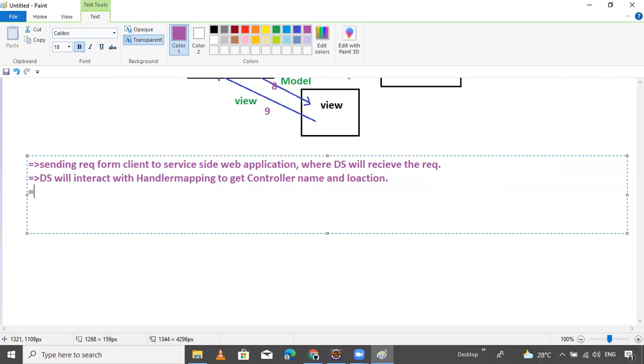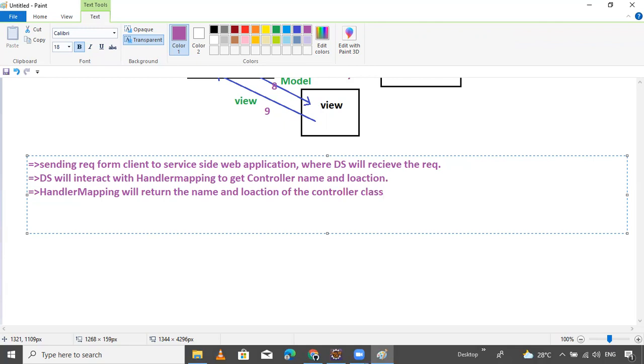Next, the handler mapping will return the name and location of the controller classes.